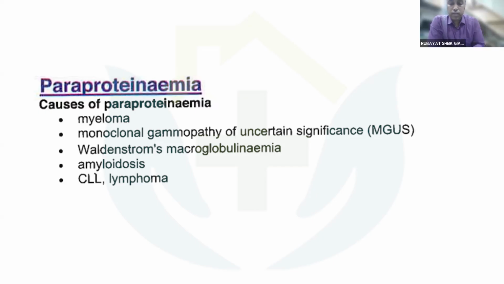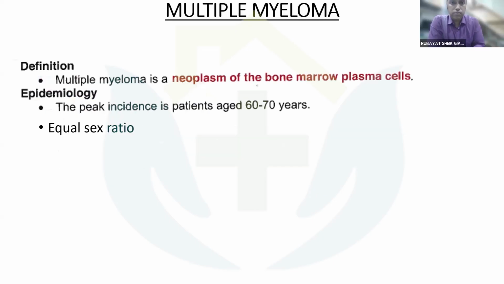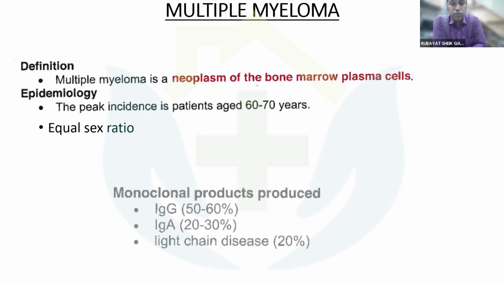Okay. So let's go through multiple myeloma first. You all know that it is a plasma cell neoplasm, right? It's a tumor of the plasma cells. Usually you will have patients above 60 years old. Male and female are equally affected, okay? So you'll have an elderly patient having certain symptoms, and it's important to know that the abnormal antibodies that are